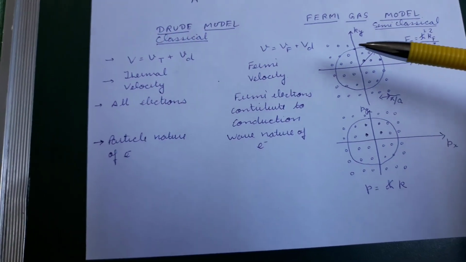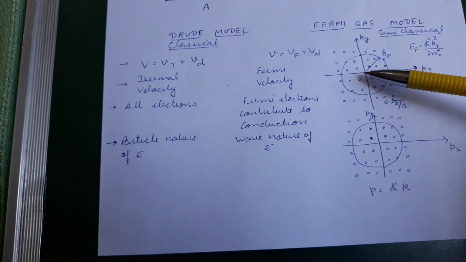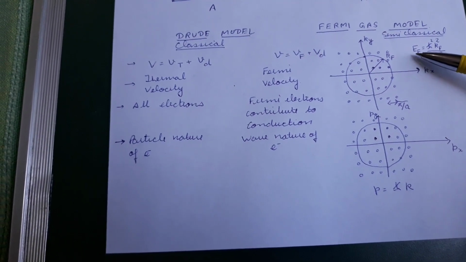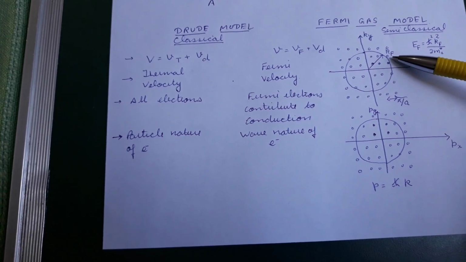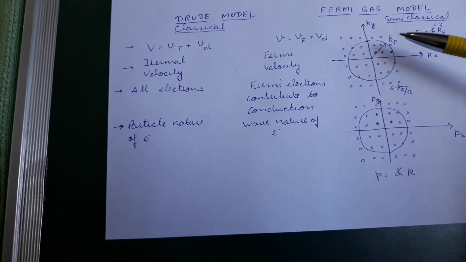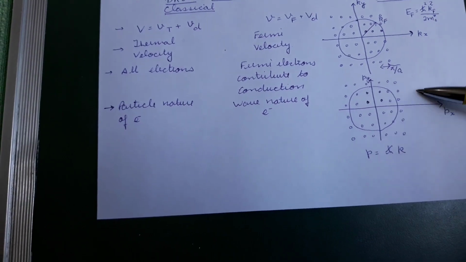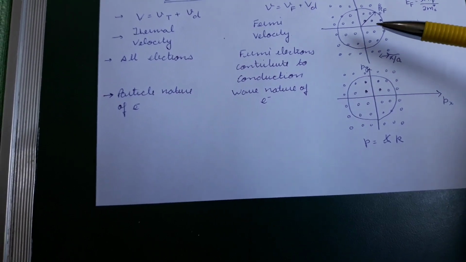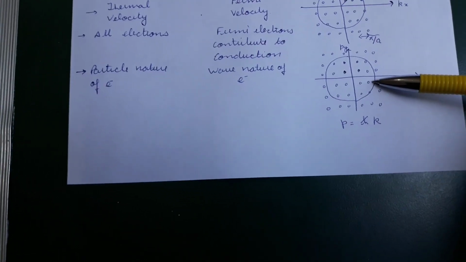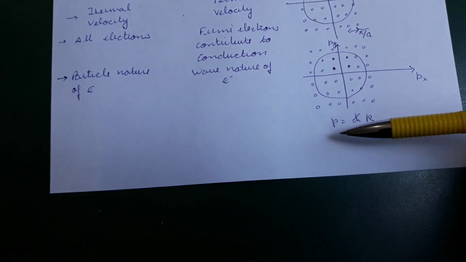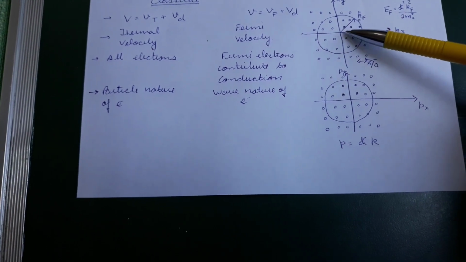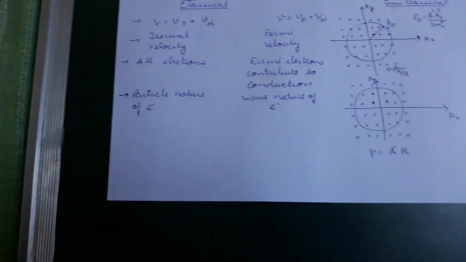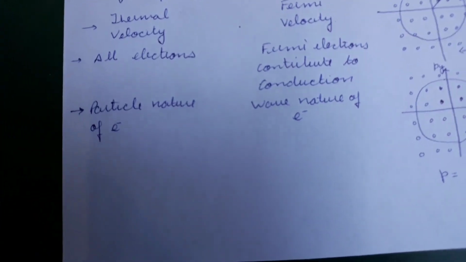So we can talk about K space, and we can say that the maximum energy electrons will be at the Fermi energy, and the wave vector associated with it will be Kf. While we can also transfer it to momentum space. We can represent the lattice in momentum space also, and we can convert from K space to momentum space by using this relation, which is P is equal to h bar K. So if it is a circle in K space, it will also be a circle in momentum space. So let's try to understand it furthermore.